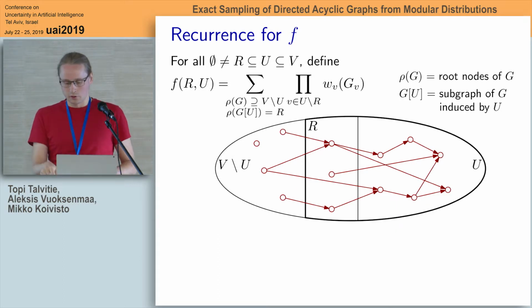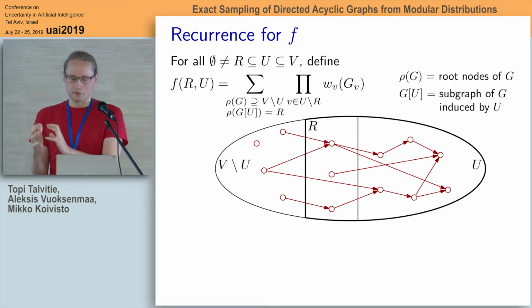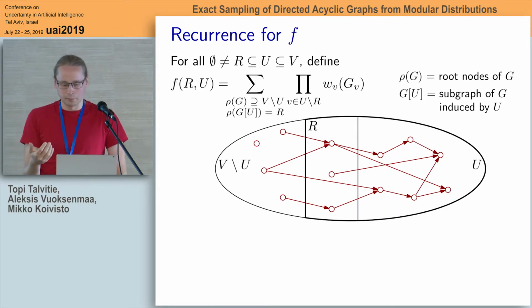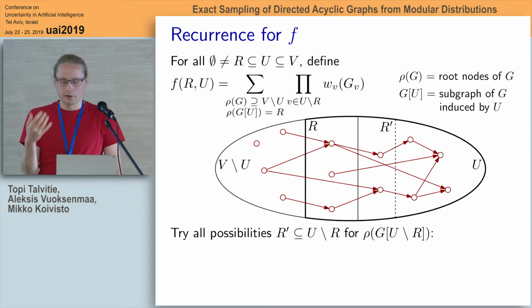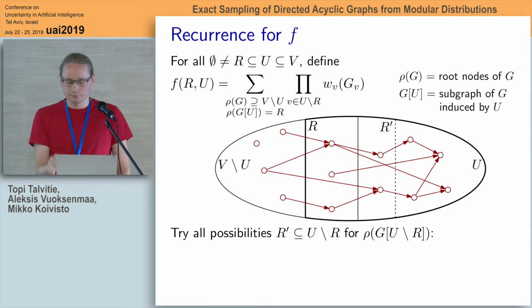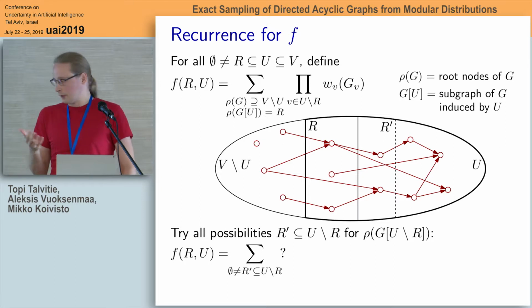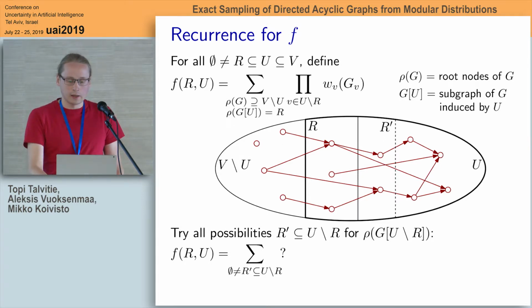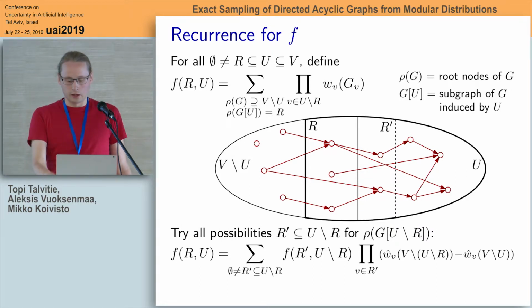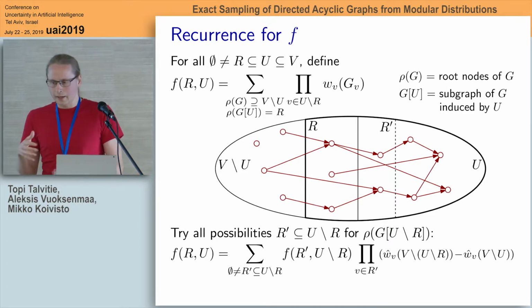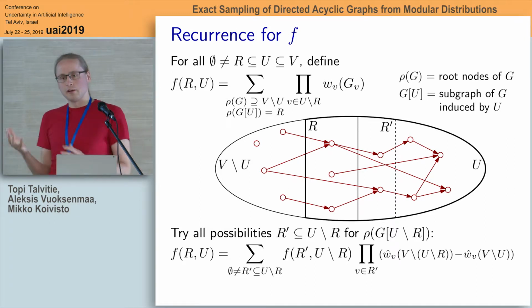So we want to sum over DAGs like this, and the idea we use to compute this F is to use recursion. So reduce it into a smaller case of the same thing. And we do this by considering every possible next root layer, so the set of roots in R minus U. So we try every R prime like that. So we sum over these kind of things. And then we can use F in the smaller case, where R prime is the set of roots. And then again, account for the parent sets of these nodes in R prime.